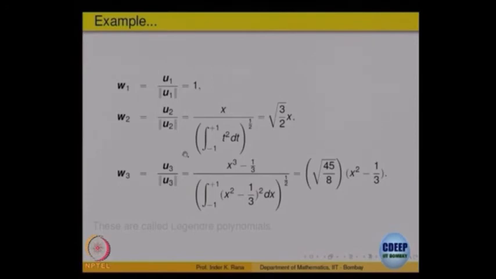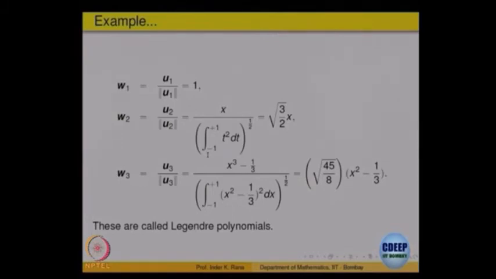So, what we are doing is, we are starting with the polynomials 1, x, x square, x cube and so on, and with the Gram-Schmidt process we are orthonormalizing them. You get another set of polynomials, those polynomials are perpendicular to each other and have norm equal to 1. They are very special polynomials, they will come back to you sometime again in differential equations, most probably, called Legendre polynomials. So, this is a construction of Legendre polynomials.